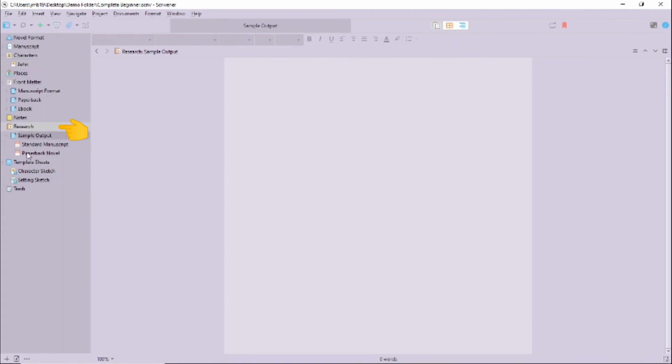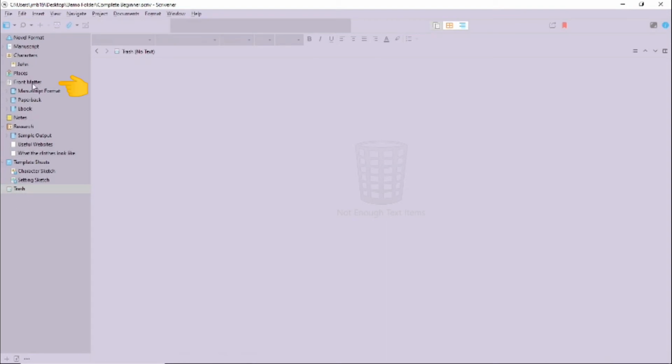The research folder has some sample documents within it, which you'll probably want to delete, but you can use this area for any of your own research, be that things you want to write notes on, links you want to keep to websites, images you need to refer to, and a whole host of other things. This is another benefit of Scrivener. You can keep everything in the same project. Trash is, as it says, anything you decide to delete. As with your computer, it won't totally delete anything until you say so.